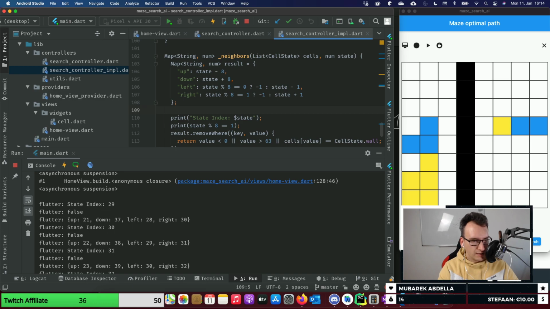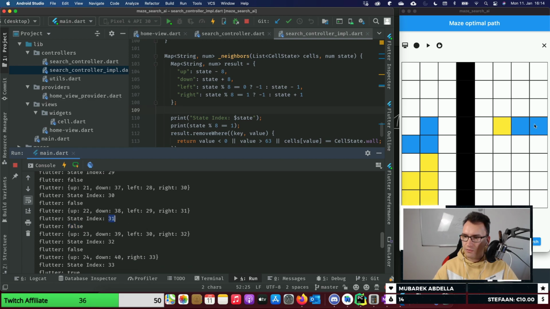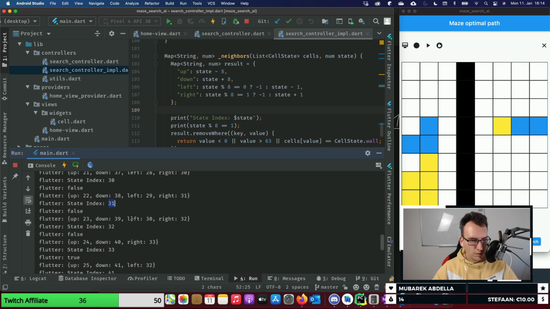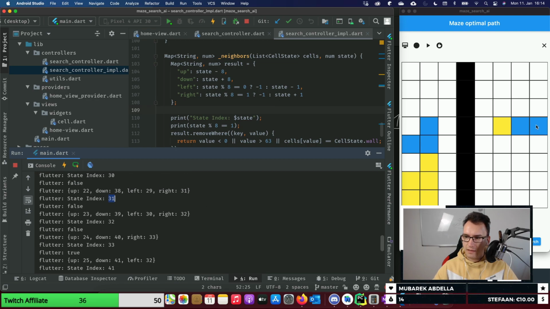No. So let's see. We have the state index 29. So that's the first one. Then we have 30. This is this one. 31. And we get always false. So why is that 31? 32. 33 and then 41. Okay. So that means this guy here, but the color change has no impact on the behavior. The problem is more that